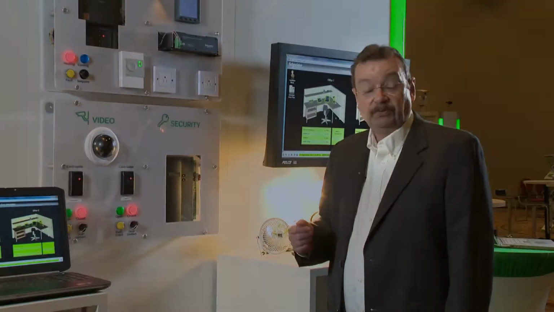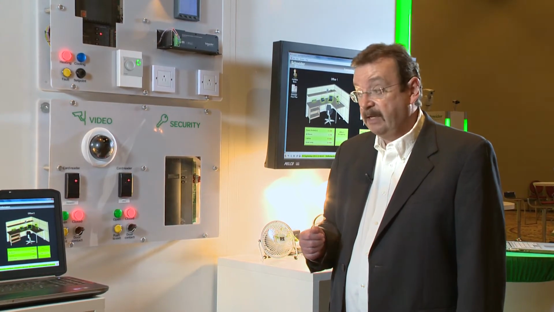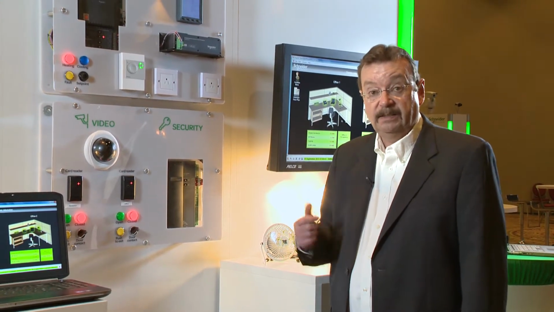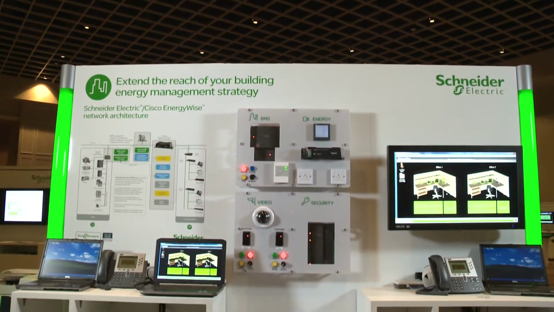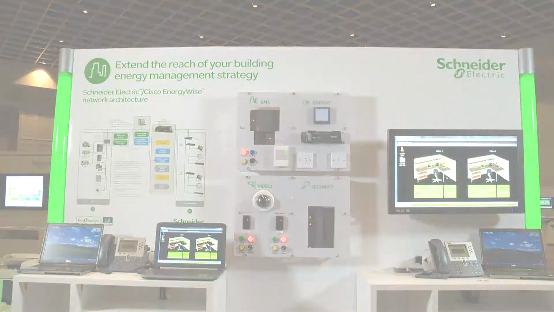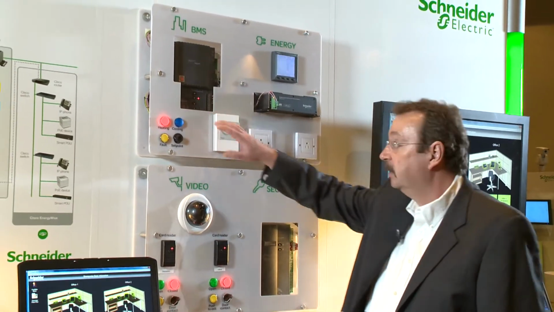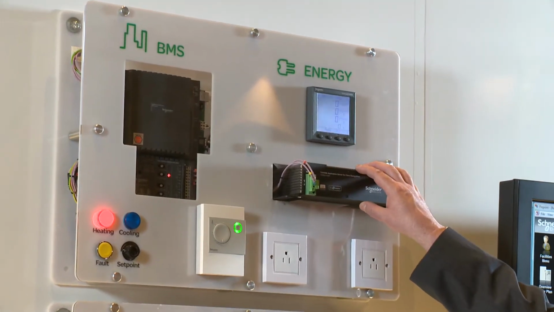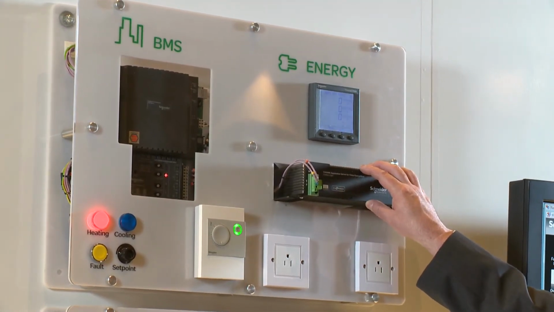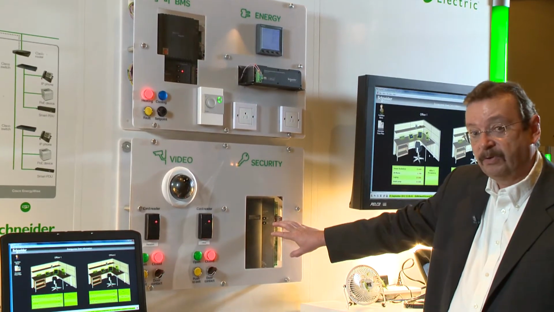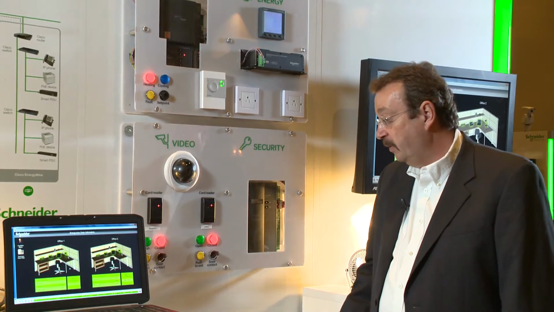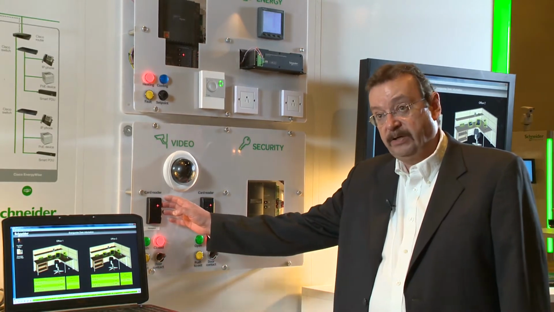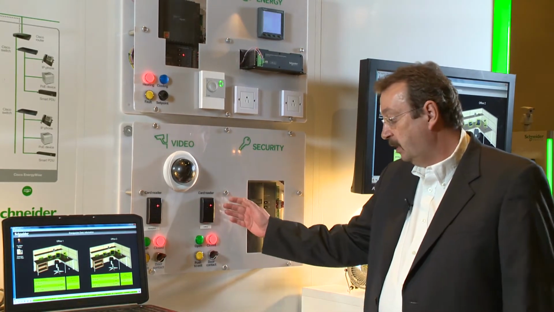The solution is built around Cisco's EnergyWise protocol, which allows us to query all these distributed devices and aggregate them into groups. Our demonstration system illustrates all the major components of the solution. We've got a building management controller, we've got our Torna application server, which is Schneider's interface to Cisco EnergyWise, a Schneider access controller, we've got a Sarex video camera, and we also include a couple of card readers, prox card readers, and simulated